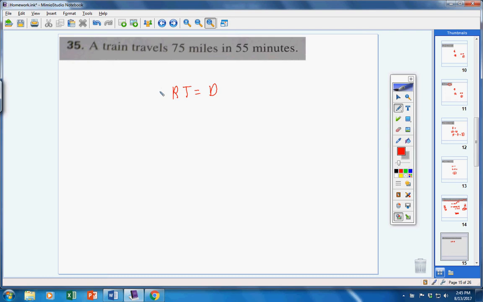If you look at the directions for number 35, the directions say to find your average speed. So we're looking for R. Okay, now time is 55 minutes. Okay, distance is 75 miles. Alright, now can I show you something real quick? We'll learn